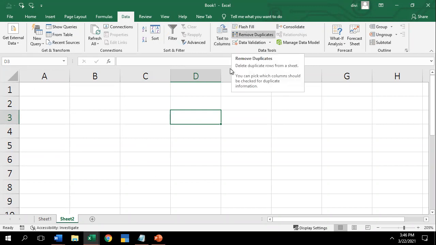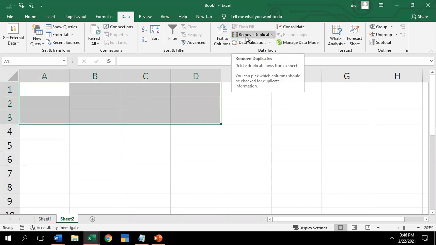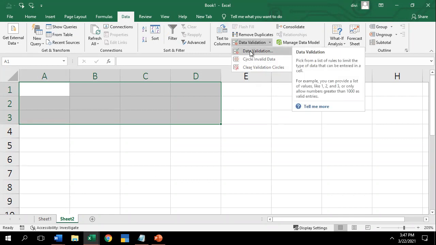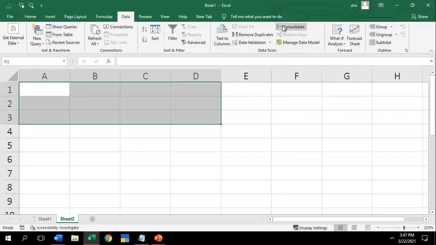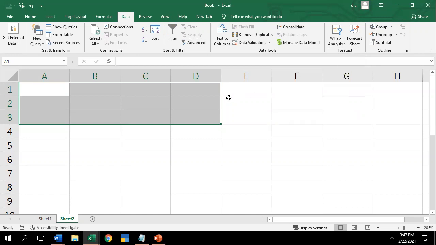And you have remove duplicates. If I have pasted a value multiple times, it has been duplicated. If you want it removed, you can go by it. Data validation is nothing but a condition according to your message or your error. So if you want to give a message, or if you want to present a limit on amounts, you can go by data validation. Consolidation, joining several sheets' data into one.